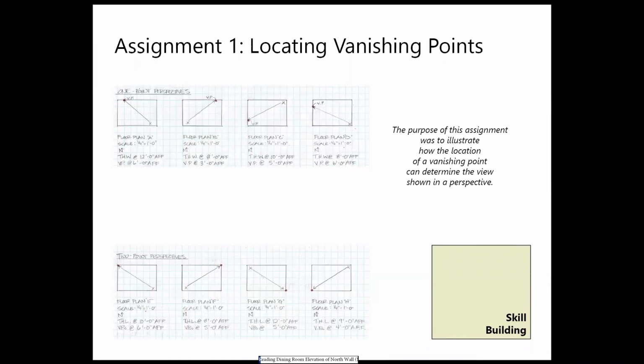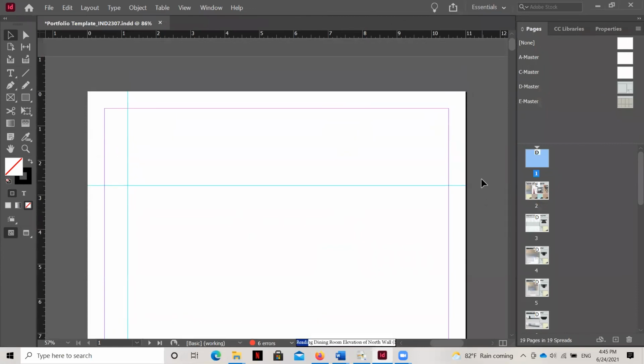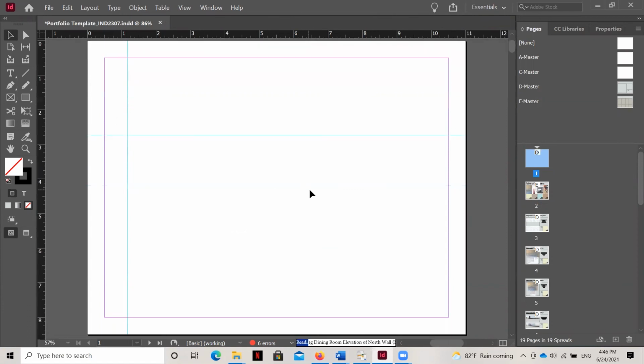And so we still have a little bit more work to do on this portfolio itself, but I'm going to hit the escape button, and it's going to bring me back to my InDesign template in my interface. I'll go ahead and unhide all of the boxes, but for now, you have an understanding of how master pages are used to dictate the arrangement of all of the slides within your template, how to use master pages so that as you have different categories of pages, you can start to keep the layout consistent and pick and choose how you want the layouts to be with an ease of repetition.